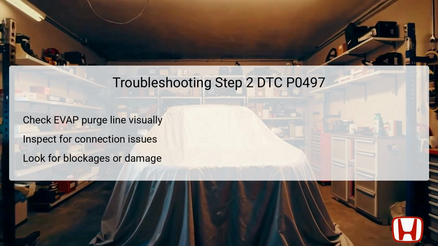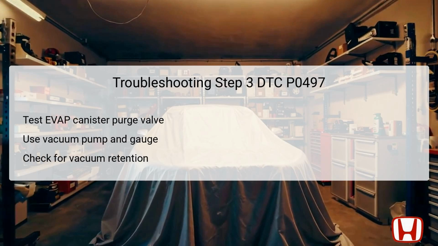line before proceeding further. During the third troubleshooting step, focus on testing the EVAP canister purge valve for functionality. Begin by disconnecting the vacuum hose, also referred to as the purge line, from the EVAP canister purge valve located in the engine compartment. Connect a T-fitting, along with the vacuum gauge and vacuum pump rated at 0 to 30 inches of mercury. After setting up,